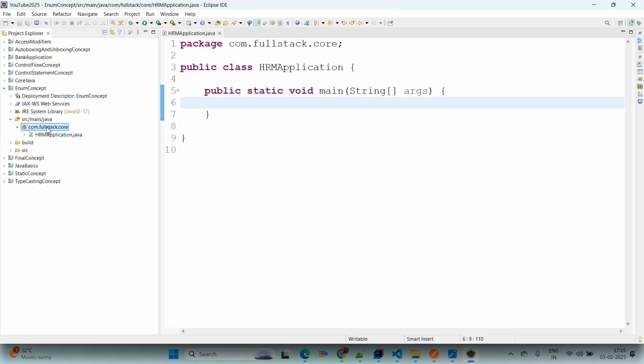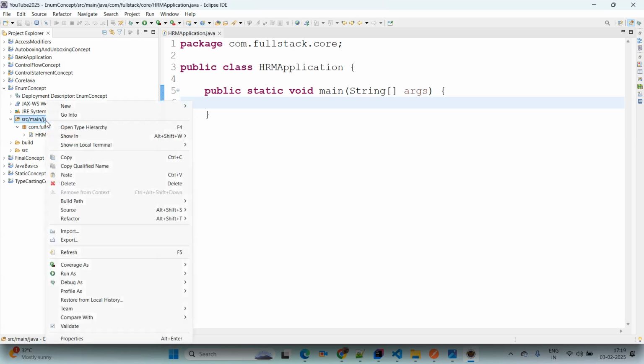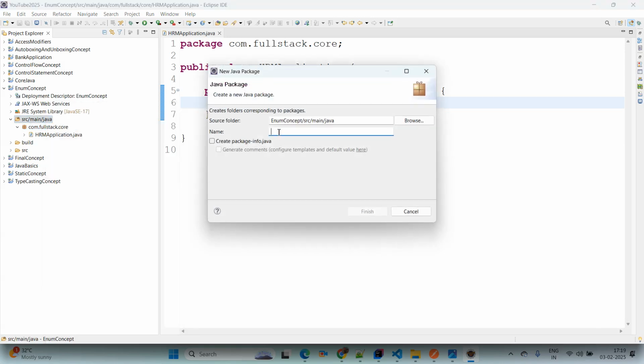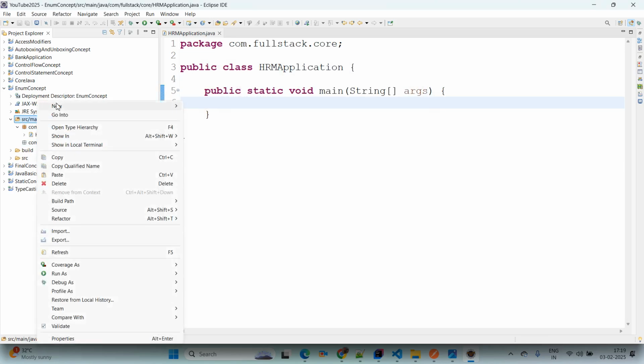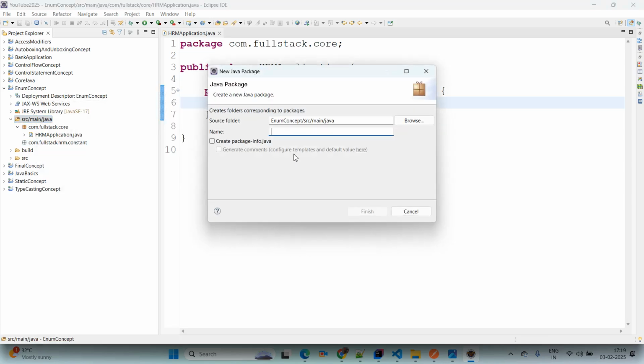Now we come again to our package. If you want to create a separate constant package, you can do that as well. Here I am creating one more package, new Java package, and the package name I'm giving is com.fullstack.hrm.constant. We have created the separate package as the constant package. One more package I am creating here, new package, and the package name I am giving here